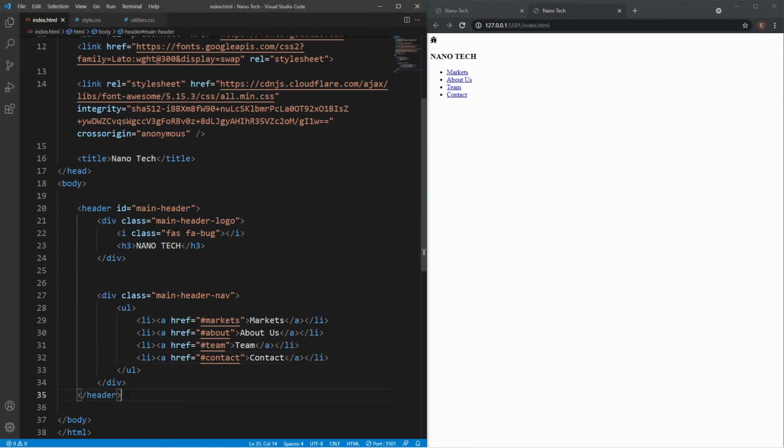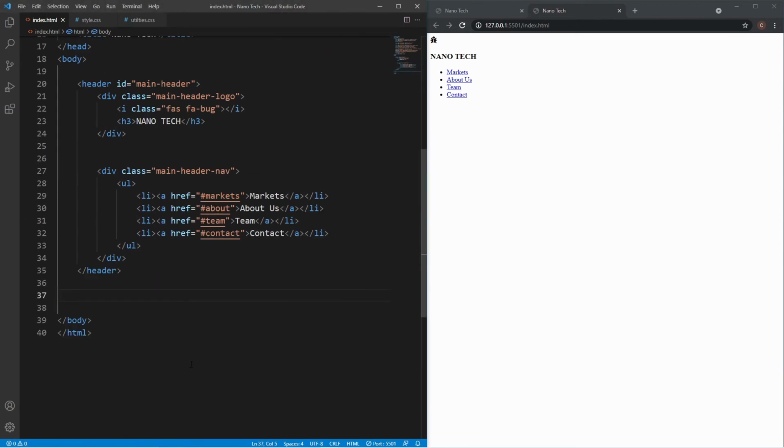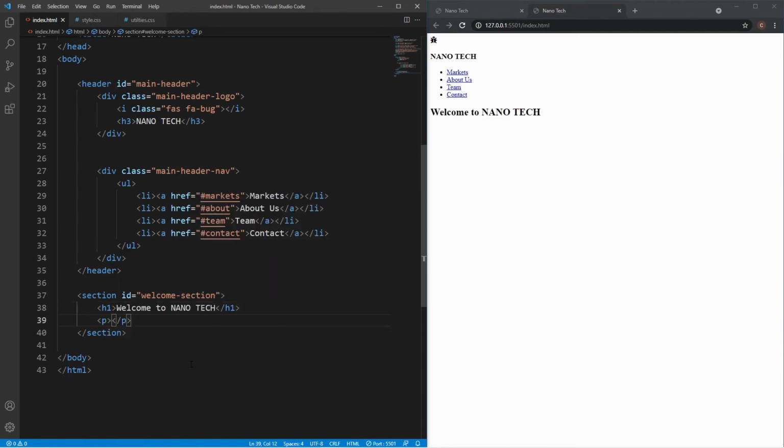Now underneath the header, we just need to create the welcome section. So this is really simple. It's just a section, and it's got the ID of welcome-section, and all this has inside it is just an H1 which says "Welcome to Nanotech",